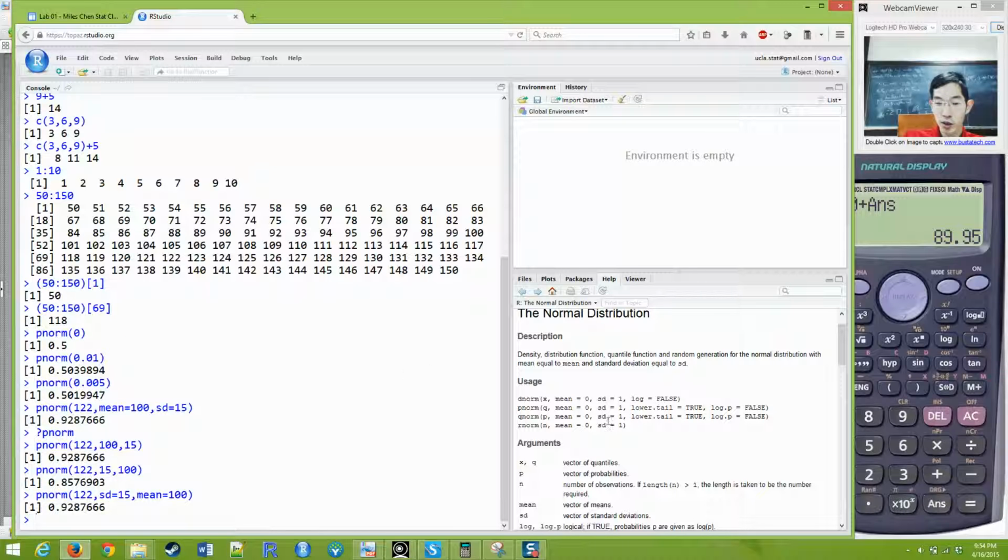So basically, if you follow the order that's in the help file or the manual, you don't have to say mean is this and standard deviation is this. But if you don't put it in that order, it's going to expect things that way, and you have to clearly label them as such. Okay, so p-norm